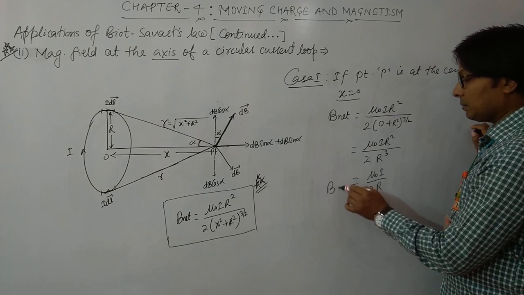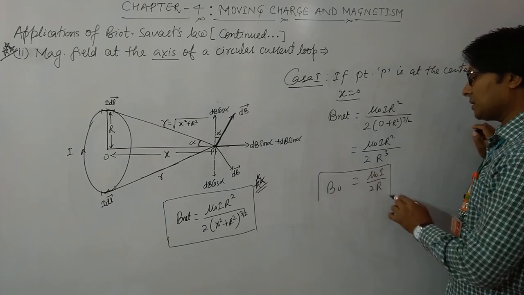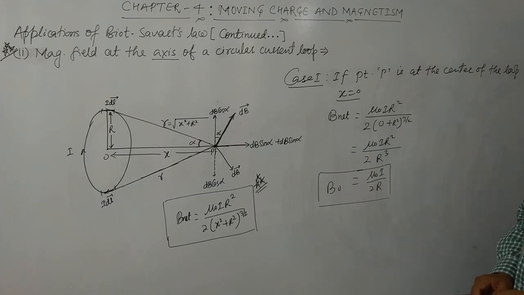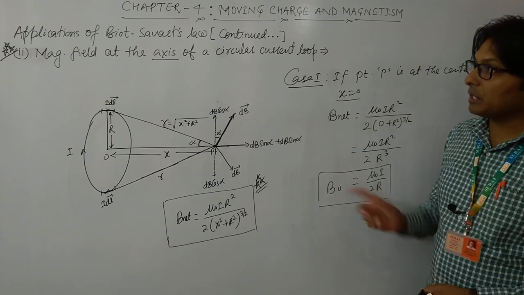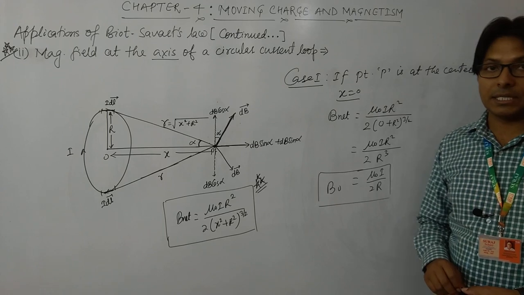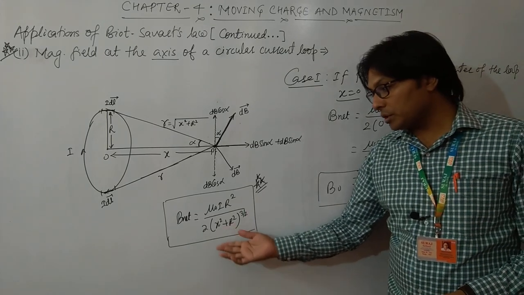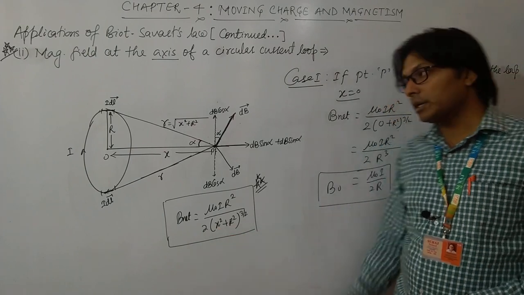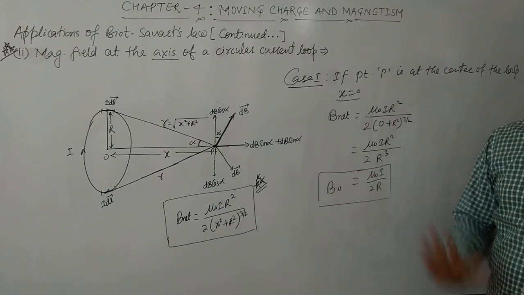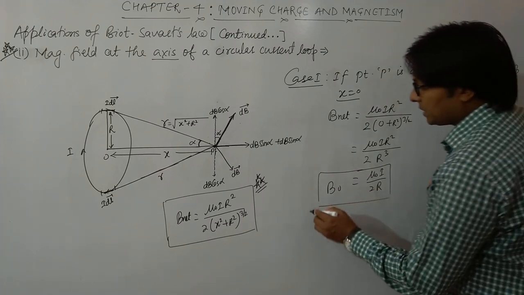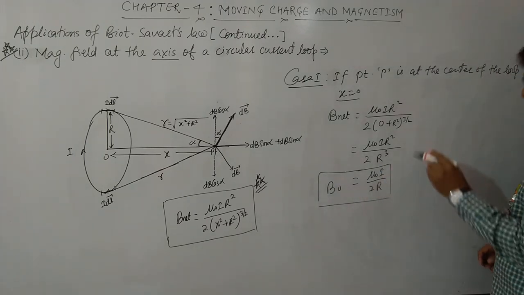So this is the formula of net magnetic field at the center of the circular loop, which we have also derived using Biot-Savart's law in the very first case. So this we can say as a general case, and if we put the value of x equal to 0, it will become the very first case. And one more case we can consider here, case second,